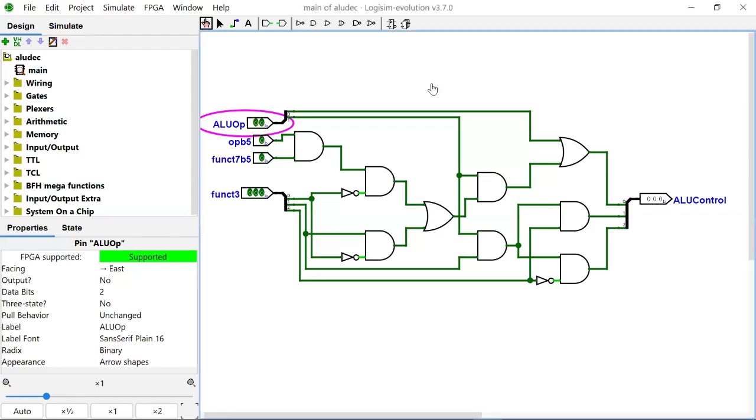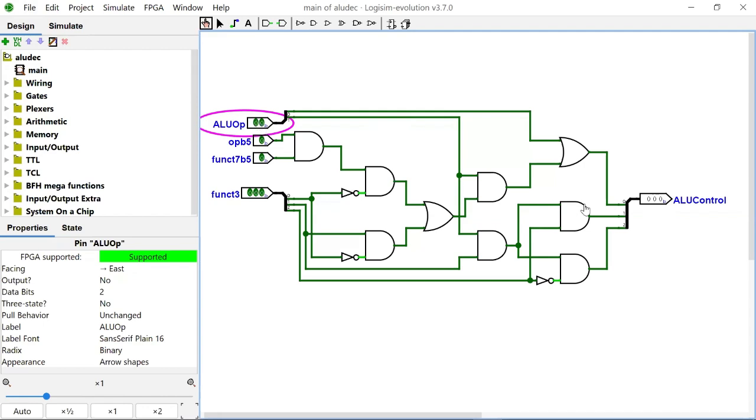Hello, I would like to explain how I wrote the code for ALUdecoder. So first, I looked at the table of values and used that to write some Boolean expressions for each of the 3 bits of the output ALU control. From those Boolean expressions, I worked backwards to draw out these gates in a program called Logisim